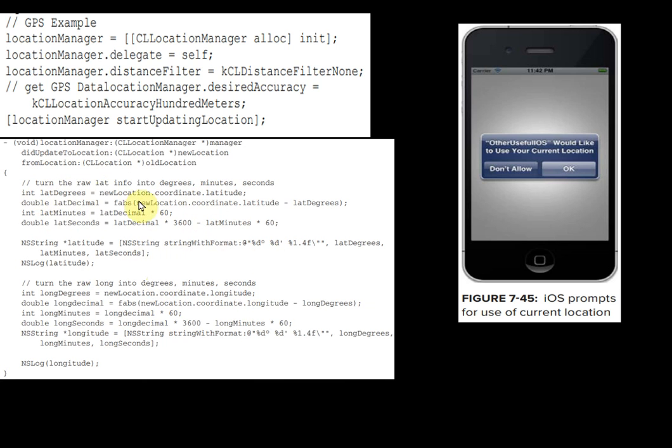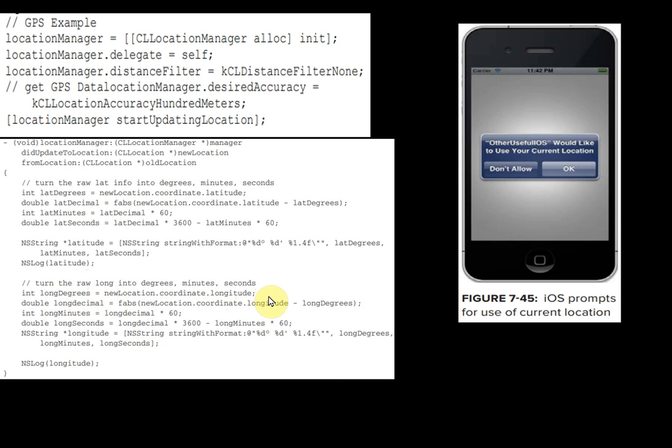So the two parts we are doing here are turning the raw latitude information into degrees, minutes, and seconds, and the next one turning the raw longitude into degrees, minutes, and seconds. So what is the next part we are going to do?